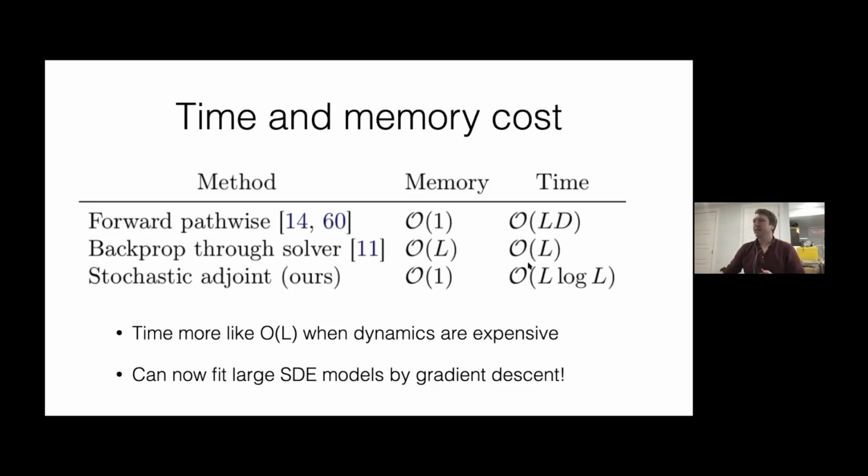We could, of course, always backpropagate through the operations of our solver. We'd lose some guarantees about the gradients, and we'll have a high memory cost. But if you have a small to medium-sized model, you should totally just backprop through the solver. That's probably going to be fine, just have a small error tolerance in your solver. We pay this log L cost for reconstructing the noise, but we don't think that's a serious problem. Log L is upper bounded by 30